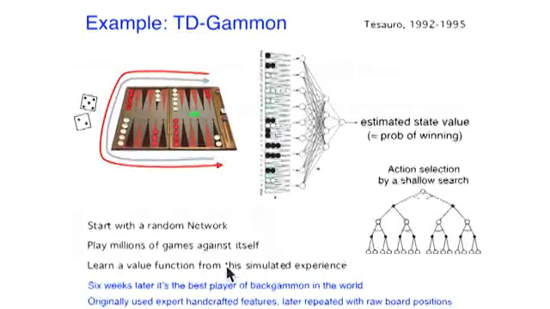After 6 weeks, playing in the corner, it comes out and it's the best backgammon player that the world has ever seen, including beating all the human experts. Now, the original version of the system used handcrafted features, and later it was repeated with raw board positions. So it was actually a nice example in today's context of doing well with very little prior knowledge. Okay,